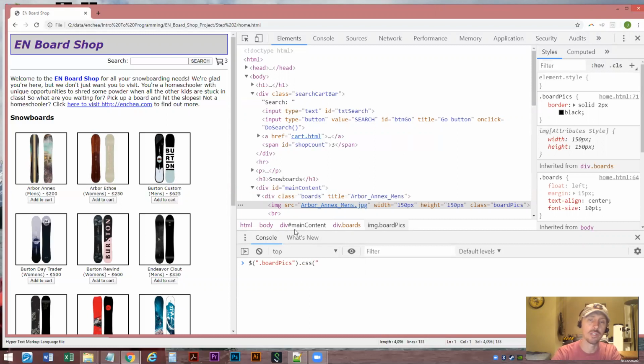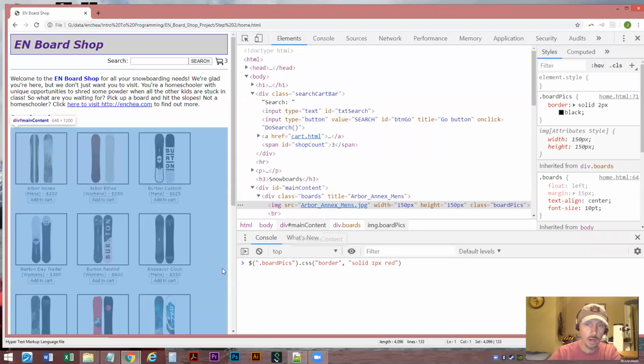I'm going to pass in for the border CSS property that we set it to be solid 1 pix, and red instead. So if I do that and run that code,